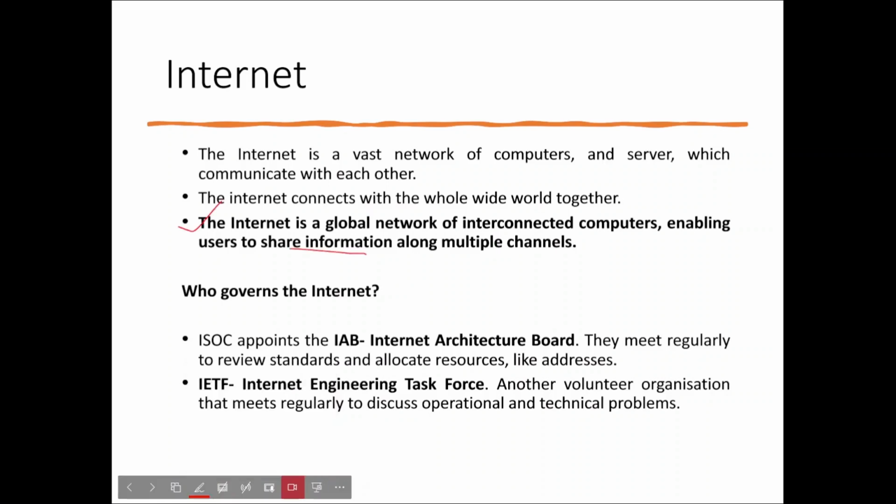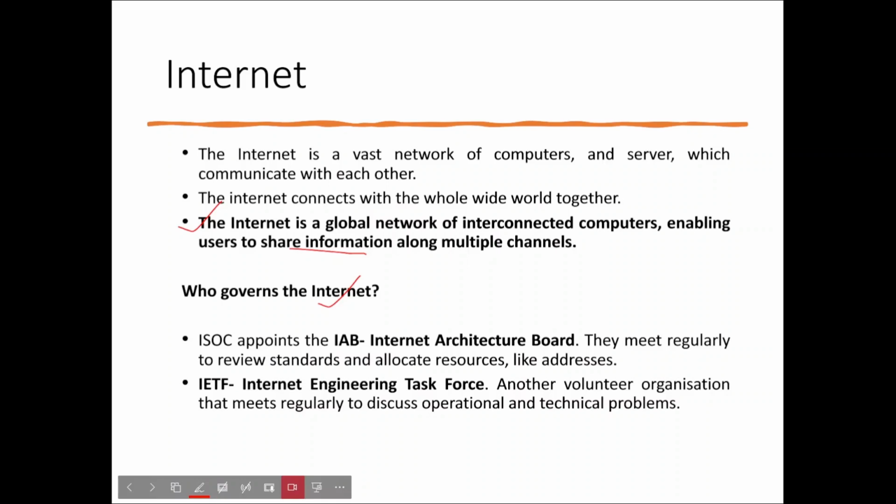Now, who is governing this internet? Who is taking care of this internet? So there should be a board or a team of people who should take care of all these internet tasks. The first team, that is IAB, meets regularly and reviews the standards and protocols that have to be taken care of relating to this internet. Along with that, there is another organization which is called the Internet Engineering Task Force. They also will take care of any technical problems or any operational problems that arise. So they will be taking care of all these things,